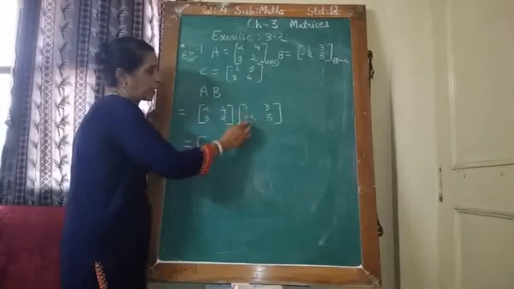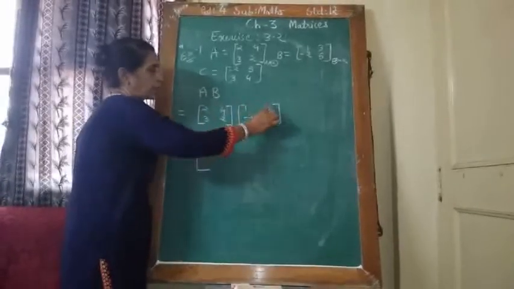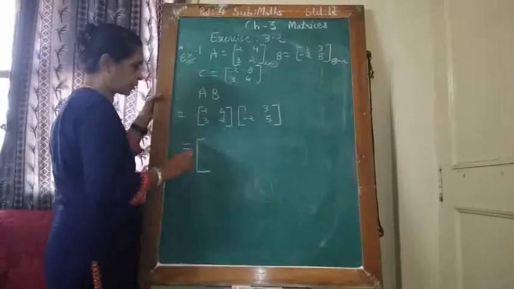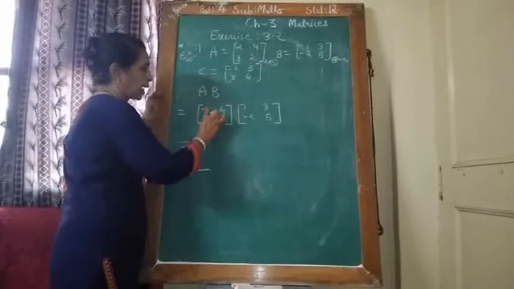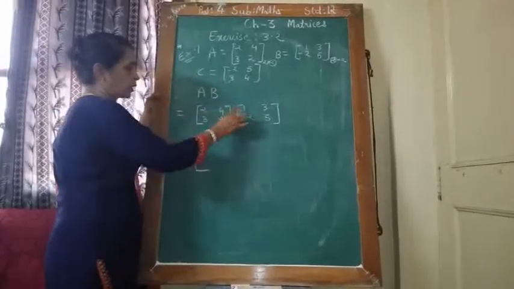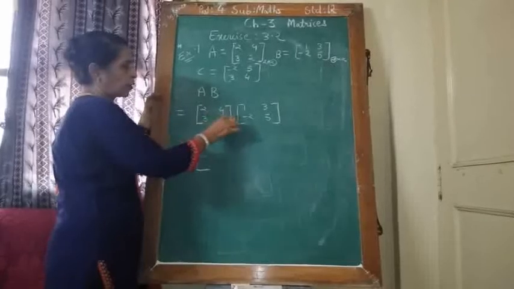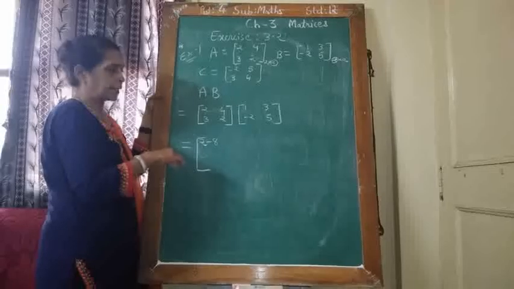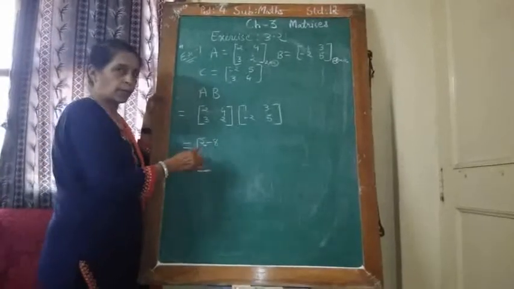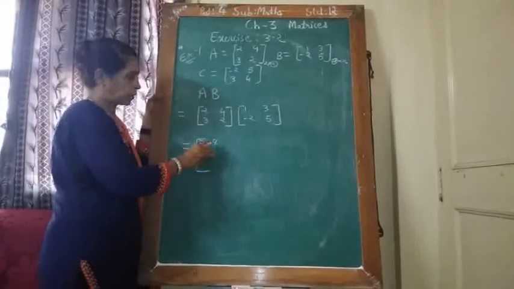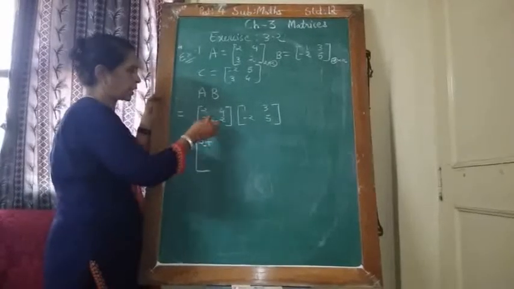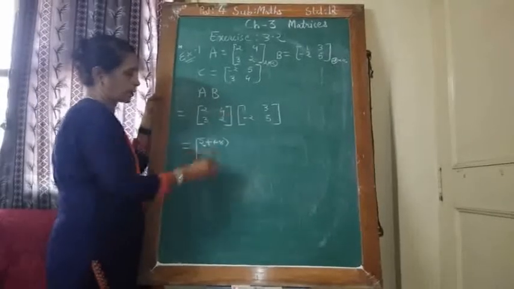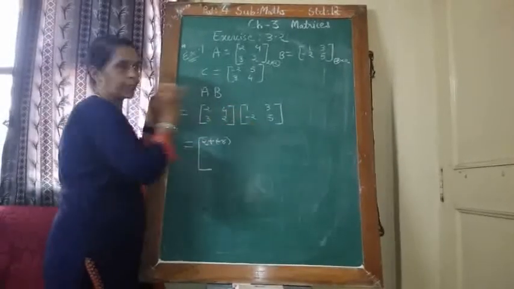First row multiplied by first column, then first row with second column, second row with first column, second row with second column. Now see here, 2 1 ja. I take this one row with one column. 2 1 ja 2, okay. 4 plus minus minus 4, 2 4 ja 8, minus 8. 2 minus 8, do addition. But plus minus minus, so I have put minus here. Or I also represent it like this: 2 1 ja 2 plus 4 2 ja minus 8, plus minus minus. So this way I have completed this.